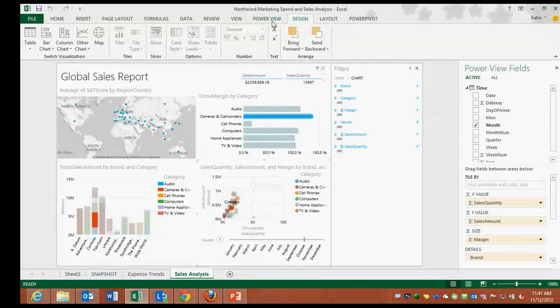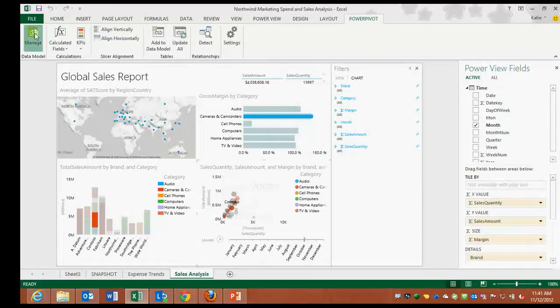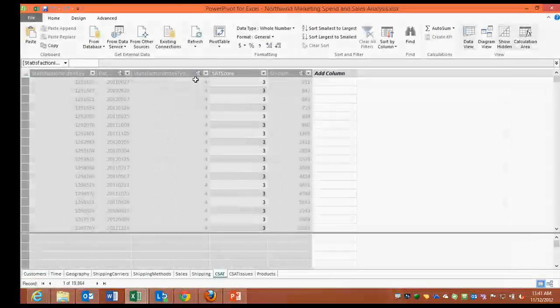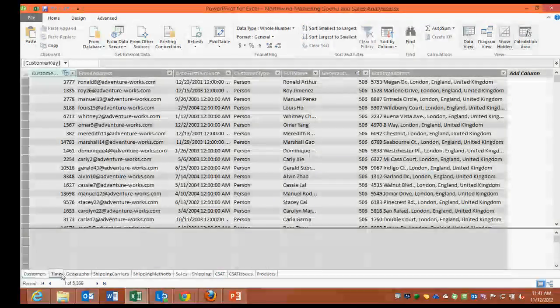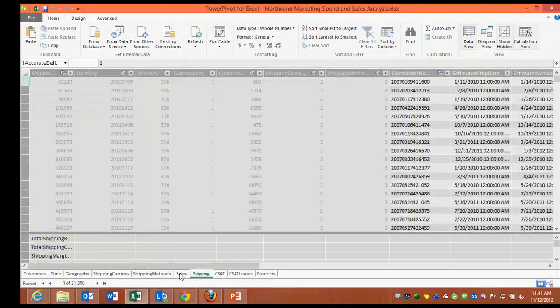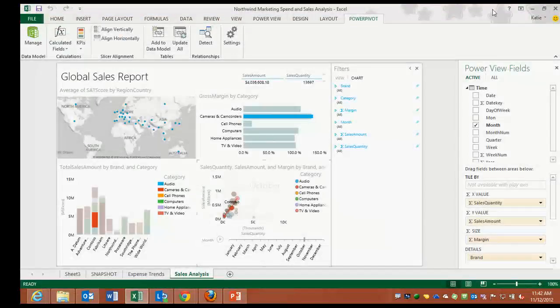So if we take a look here, first I just want to show you the data on the back end. So here's the Power Pivot. One of the nice things about Power Pivot is it allows large stores of data to be accessed and manipulated in memory inside of Excel, and it can handle huge data sets. You can see this is a database with a bunch of different tables. These are all of the different tables that go into creating that BI dashboard we have behind the scenes. So this could, of course, be connected to whatever sort of SQL or other database that you might have in your environment. So I'm going to close that because I don't want to actually manage it,